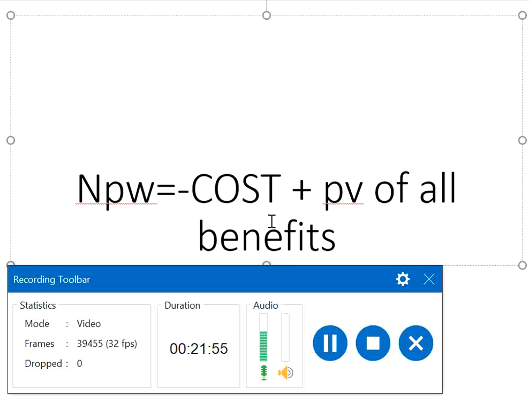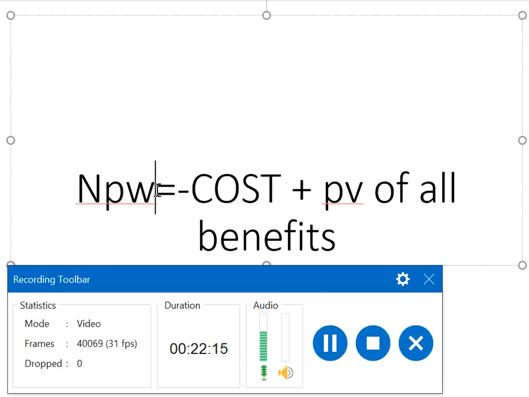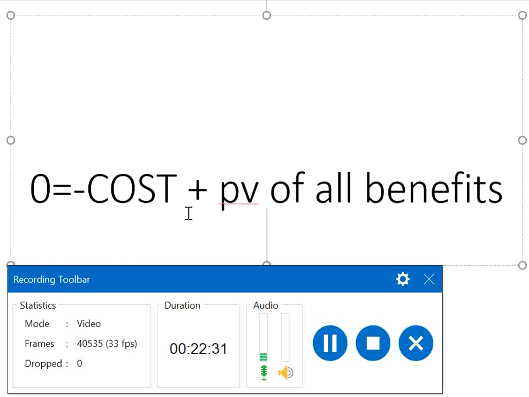Now, the question we are solving asks at what cost we must purchase, the maximum amount we must pay for this machine. We should not make a loss first of all, right? The amount we must pay is where net present worth is 0, meaning we must pay an amount that tells us, if we replace this equation,